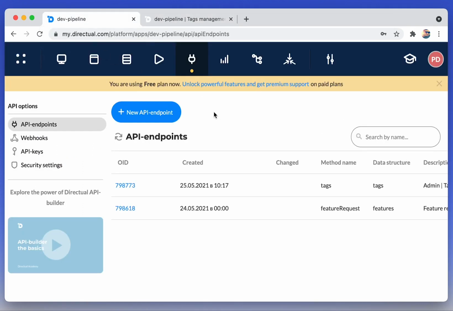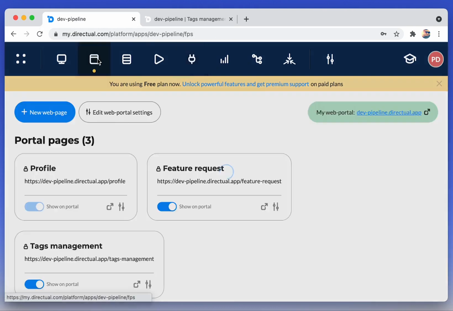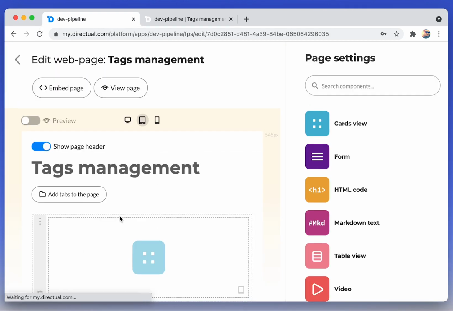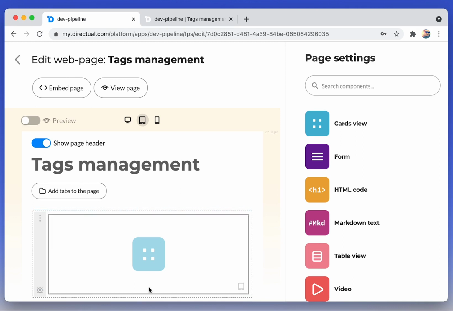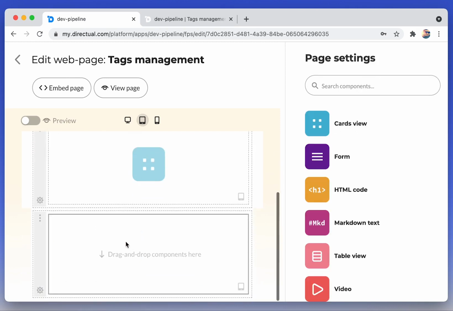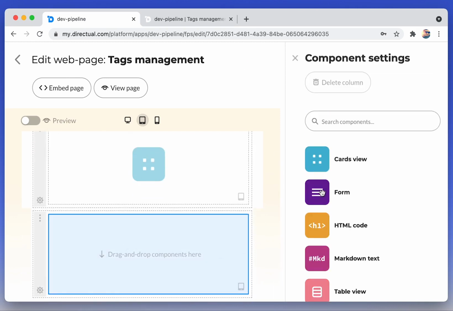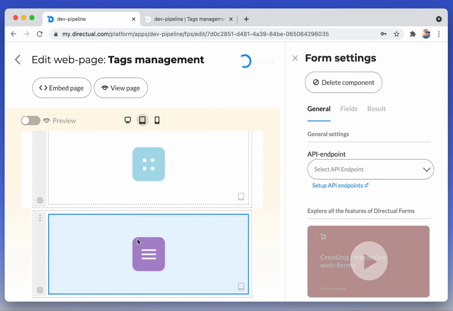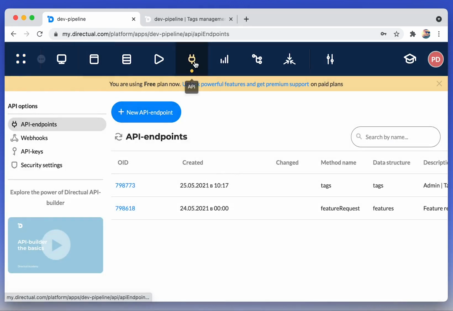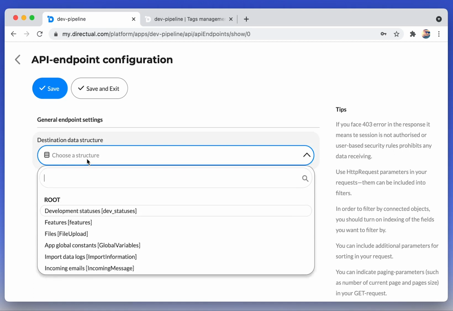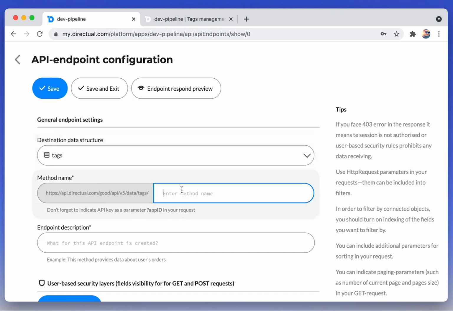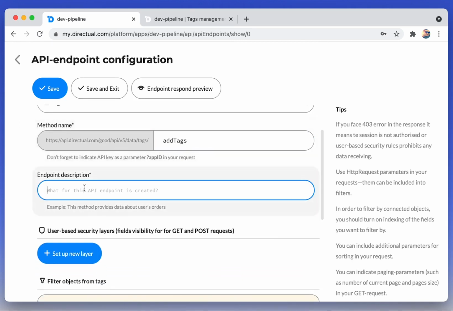Then we need to add functions for adding new tags and deleting old ones. Add a new section for the component. We will use form component. We already have used it previously. Let's create new API endpoint. We could have used the old one, but let's train one more time. Add tags, the description,